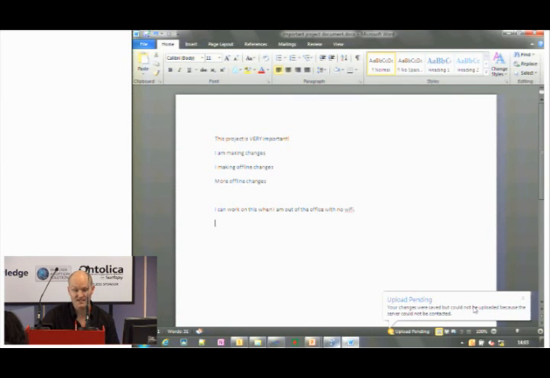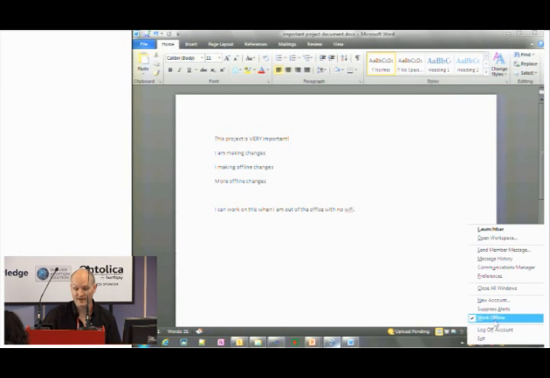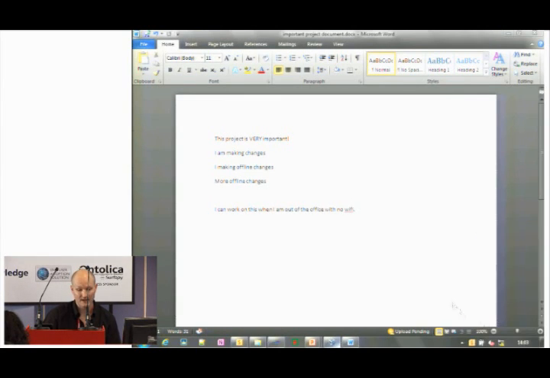So it's actually telling me my changes were saved, but they couldn't be uploaded because the server could not be contacted. That's because I've said I'm working offline, basically. So what's going to happen now is I'm going to get online at some point, and at that point, I'm going to need to upload my content back to SharePoint. But I'm not really going to have to think about that too much, because in the background,